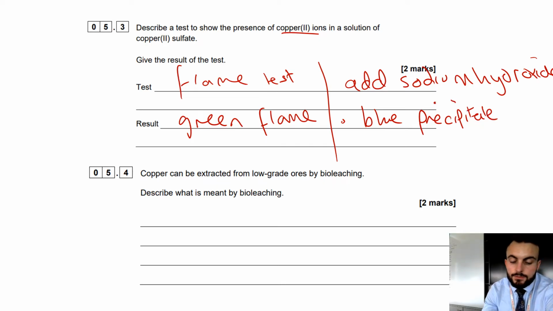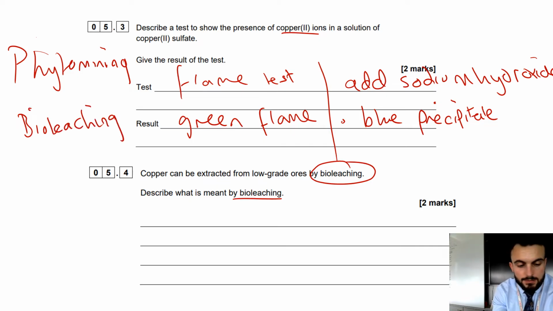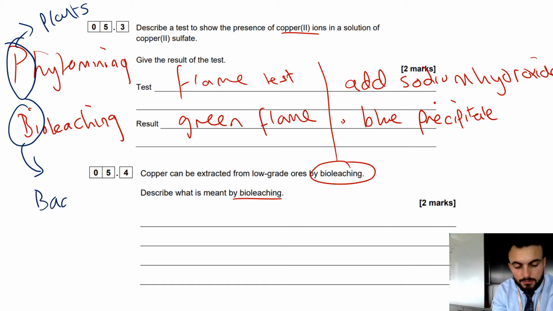Copper can be extracted from low-grade ores by bioleaching. What is meant by bioleaching? Remember, there's phytomining and bioleaching. An easy way to remember these is phytomining begins with P, that's the one where you use plants. Bioleaching begins with B, that's the one where you use bacteria. So then you just put uses bacteria,